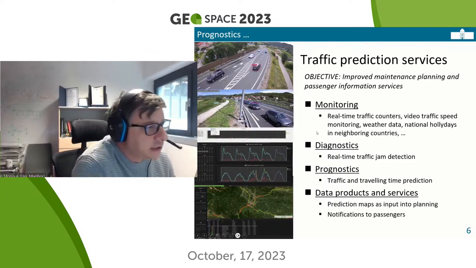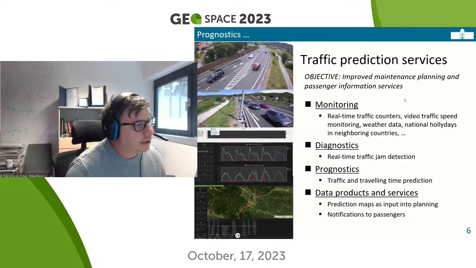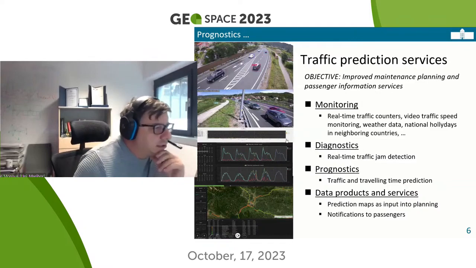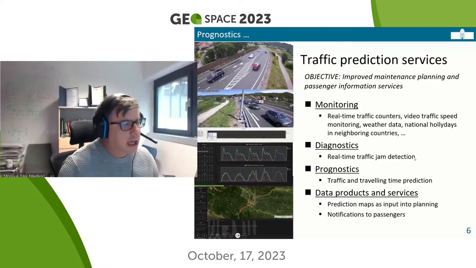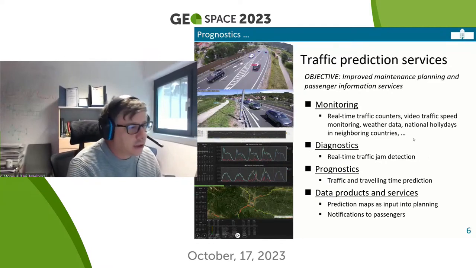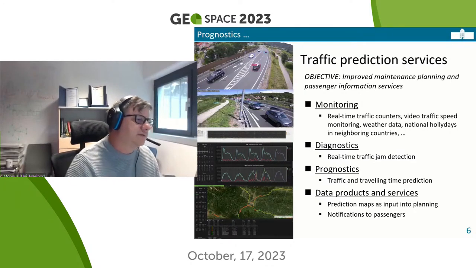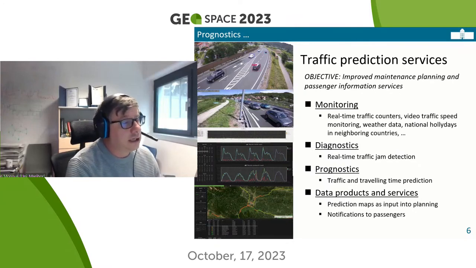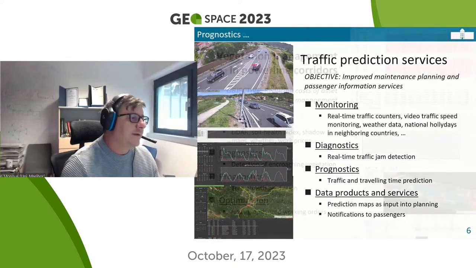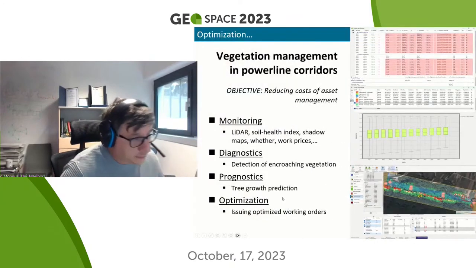comprehensive system for monitoring the traffic. Based on that, we can again do real-time traffic jam detections, and the predictions and prognostics of the traveling time and traffic. In this particular case, we are doing traffic predictions for up to 1 year in order to optimize the scheduling of the activities. When we are talking about optimization, you know,